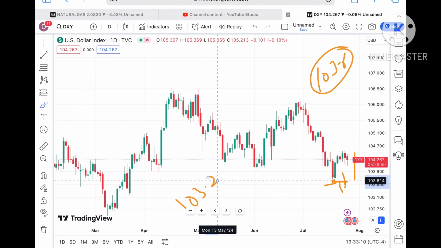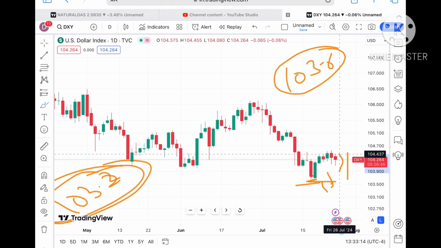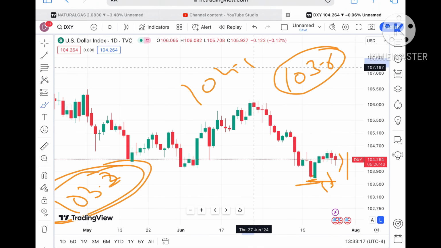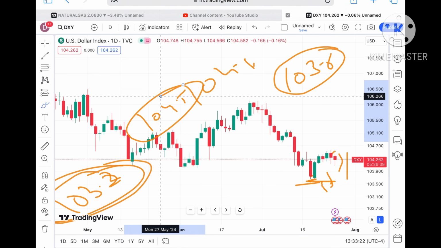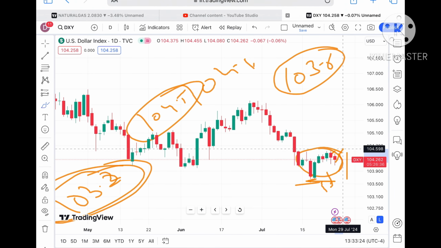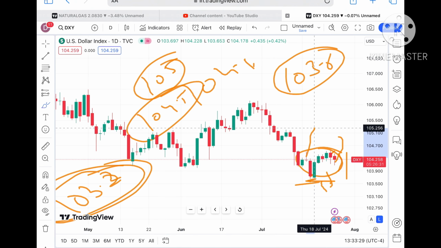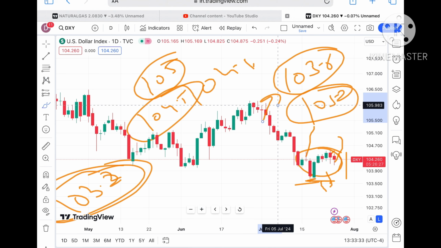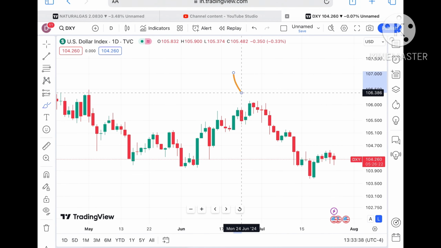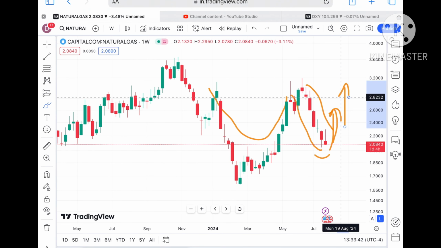So probability of going towards 103.5 and then to a level of 2 also we can see, and then a further low. But if the price sustain, we can see it will go towards 104.4. Okay, and if that sustain, we can see a level of 104.5. This 104.5 is already being in this zone. So if it started going upside, a probability of touching 105 we can see, and if that sustain, a further upside towards 105.2 we can see, and if the price moving above that level, a further upside movement we can see. Okay, so if the dollar index started going high, we can see the natural gas price will come down.